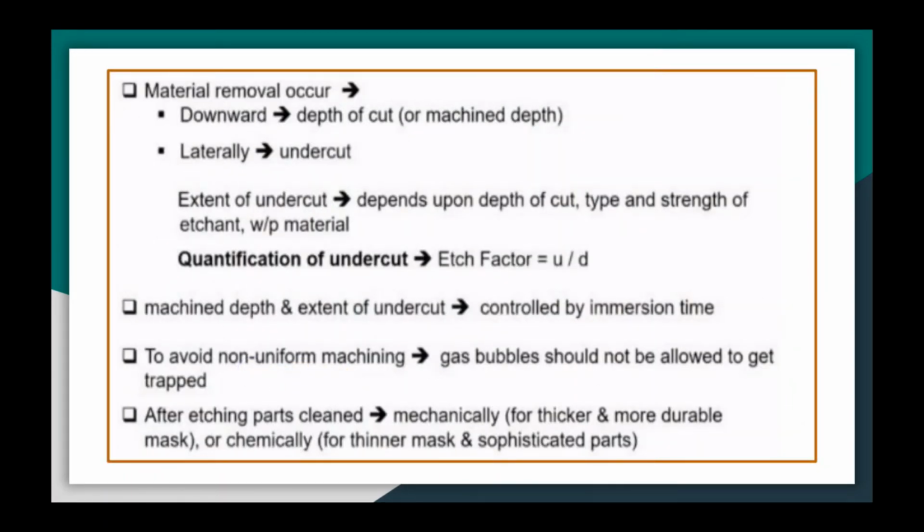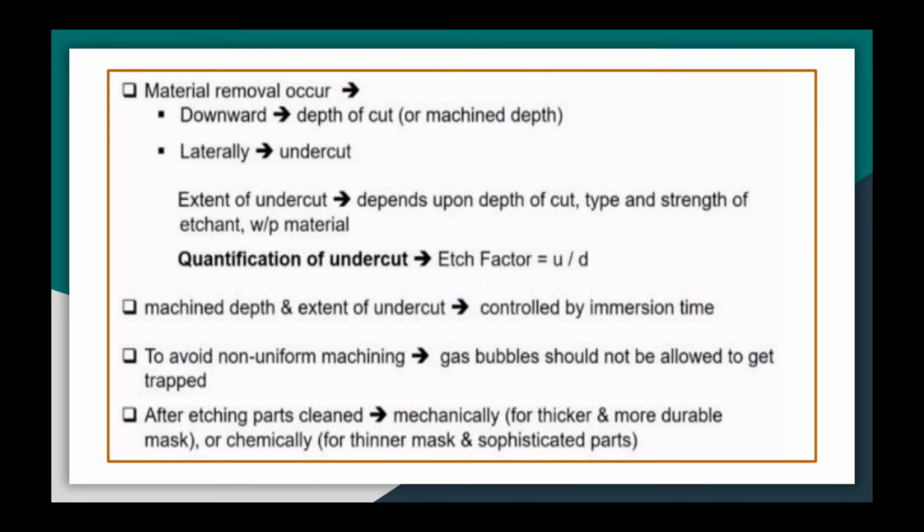So it is always desirable that after a certain period of time, say 25% of the old etchant is taken out and 25% new etchant is added to that etchant. That will maintain the strength of the etchant, so that the material removal rate does not go down. So discarding some percent of used etchant is also necessary.